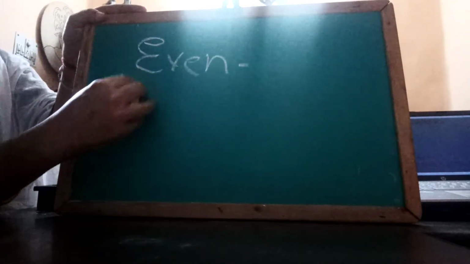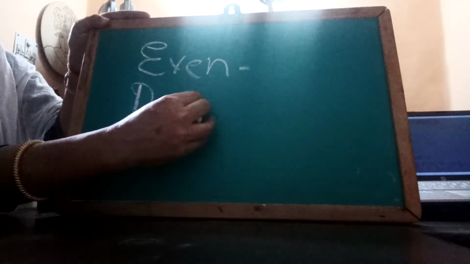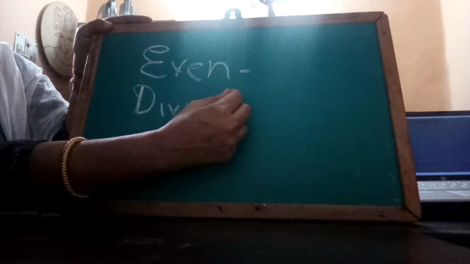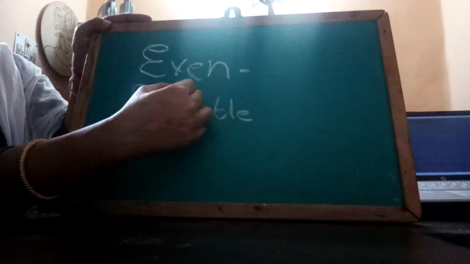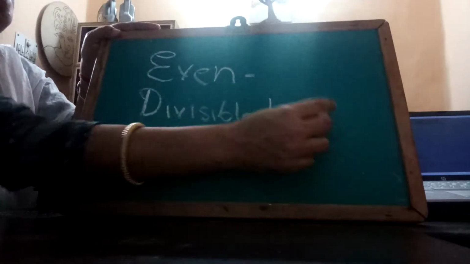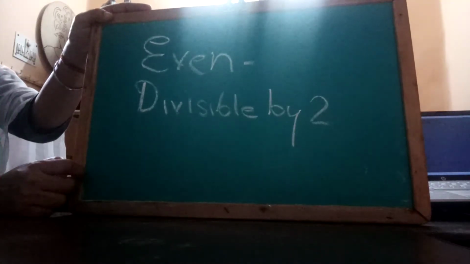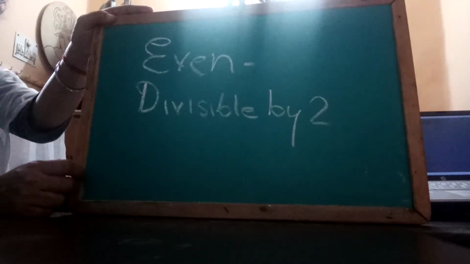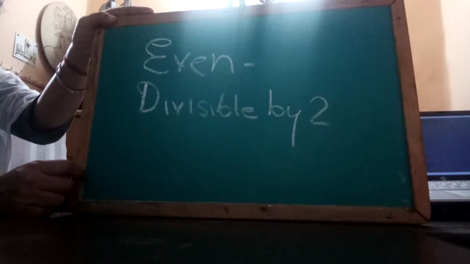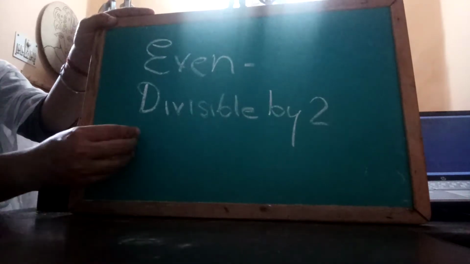Now, keep one thing in mind. Whichever number it is, whether it is a 2-digit number or 3-digit or 4-digit, whatever be the number of digits in it, it should always end with 0,